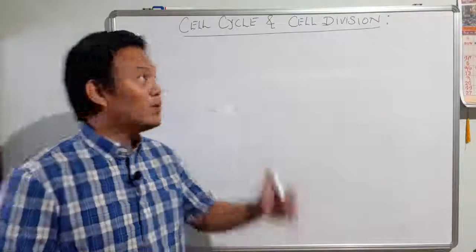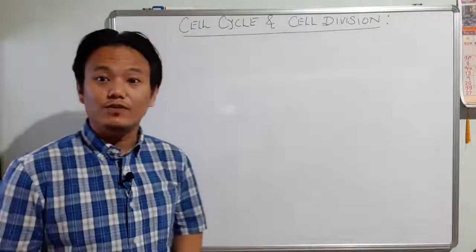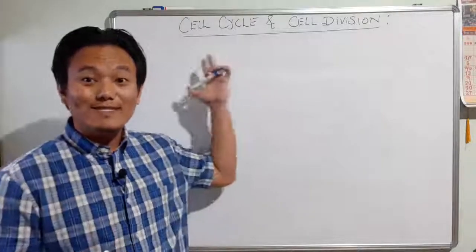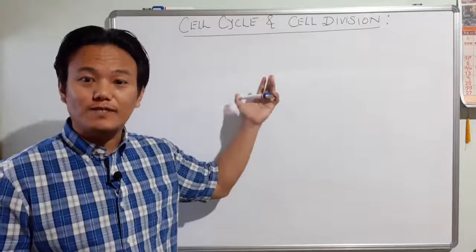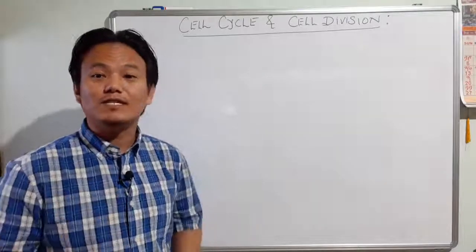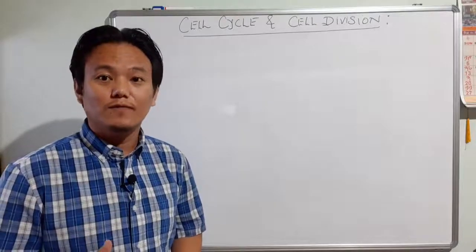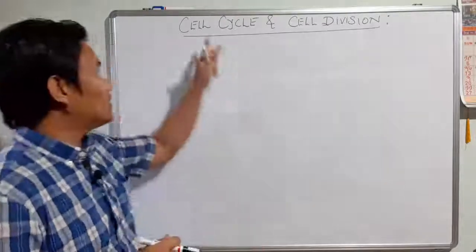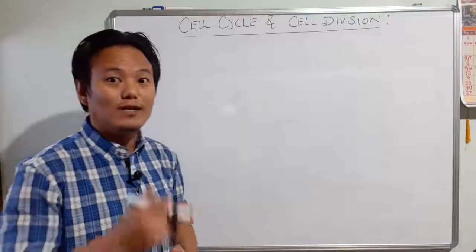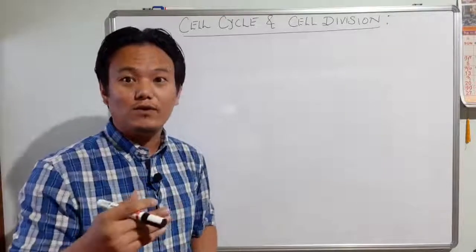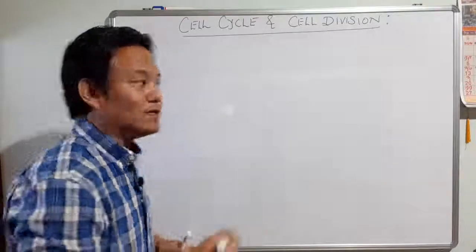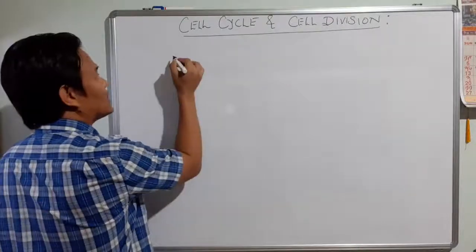In our previous video on the chapter cell cycle and cell division, we studied the cell cycle, the phases of the cell cycle, and we also discussed in detail one of the cell divisions, called mitosis. We also studied the cell cycle and its phases, interphase and M phase. So we discussed the cell cycle, right?